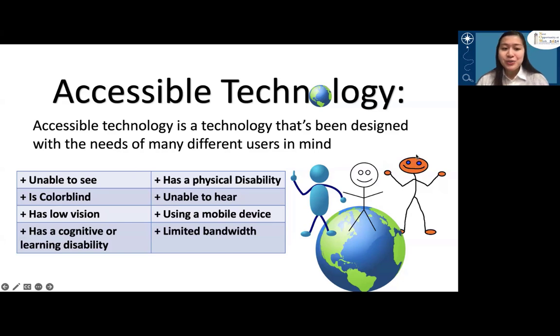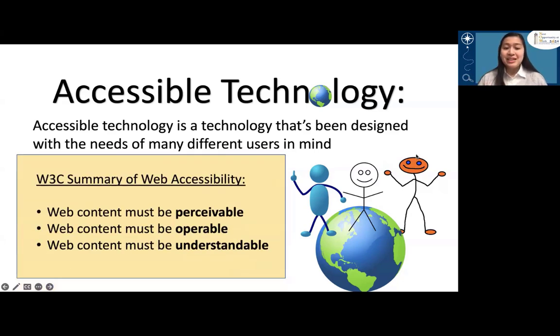So it makes it easier for everyone to access it, whether you have a disability or no disability. So I wanted to show you something called the W3C Summary of Web Accessibility. And what W3C stands for is the World Wide Web Consortium. And this is a nonprofit organization that creates guidelines or rules for the World Wide Web. So everything you see on the internet,